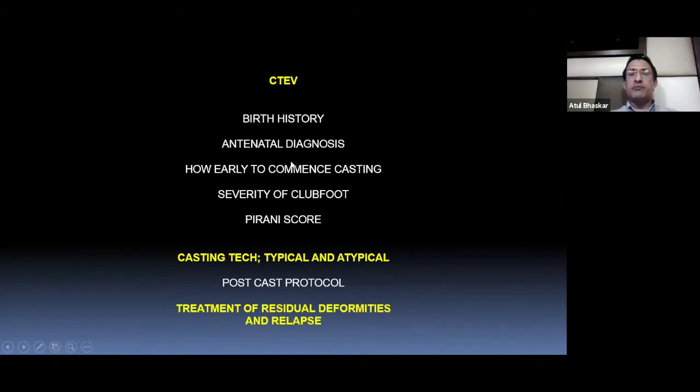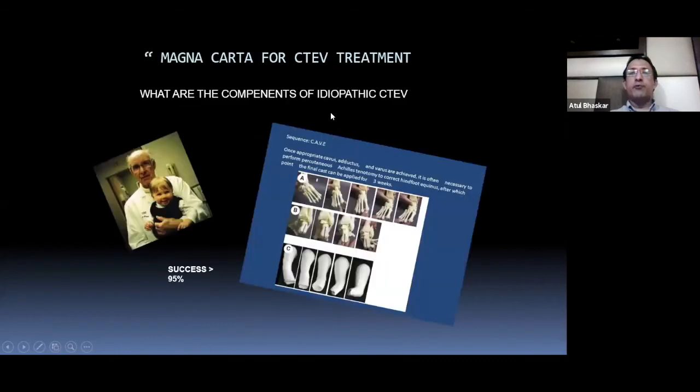Many of us will just get stuck in this area. How do you assess a clubfoot, and how do you manipulate? So we'll just touch upon that in a bit of detail. We all know that the clubfoot, what we see in practice is the idiopathic variety, and it's got 5 deformities. It's got a cavus, adductus, varus, equinus, and also the forefoot adduction.